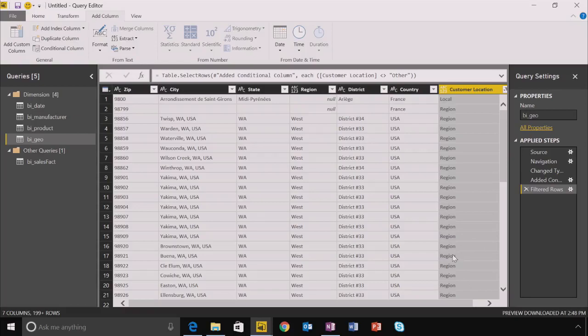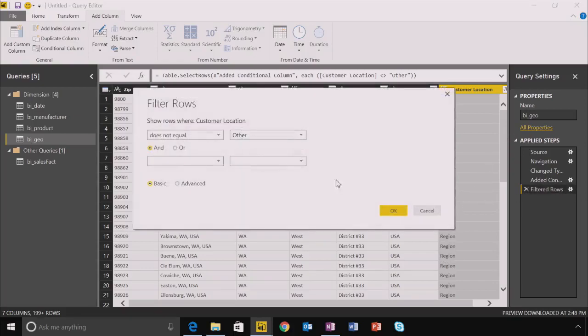So I can use this conditional column to do things like tagging customers in different ways, or changing values based on maybe grouping values together, or binning values. If you wanted to say people with a sales amount over a certain amount, I could use that conditional column to do that. There's a whole bunch of different ways that you might use this. And it helps by giving you that nice, easy, simple UX for building these rules and